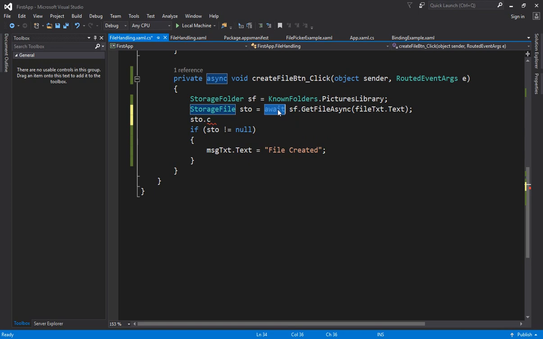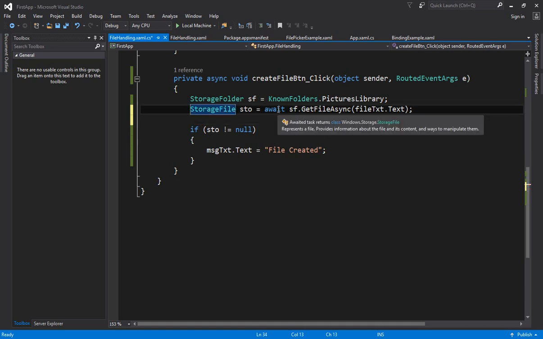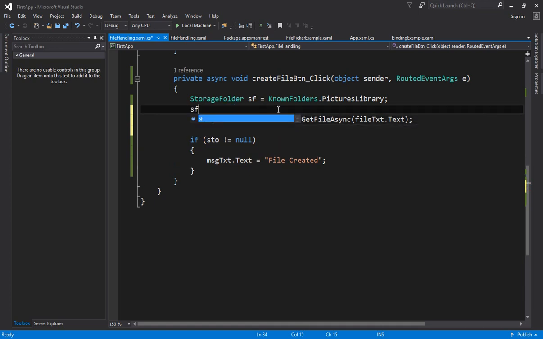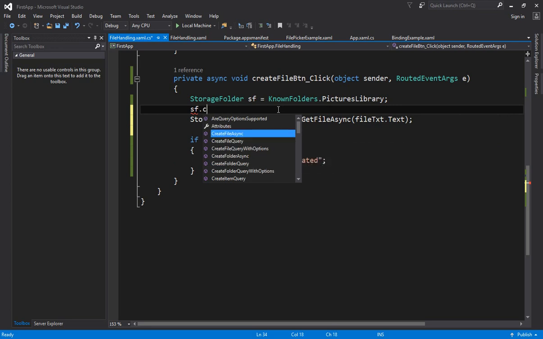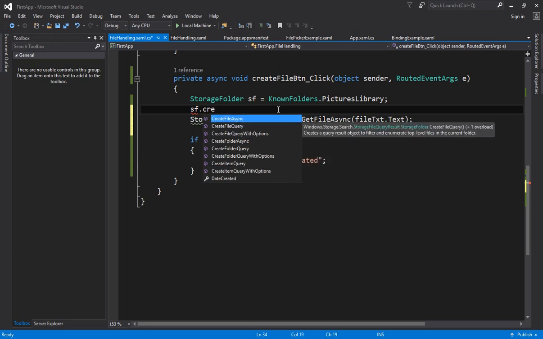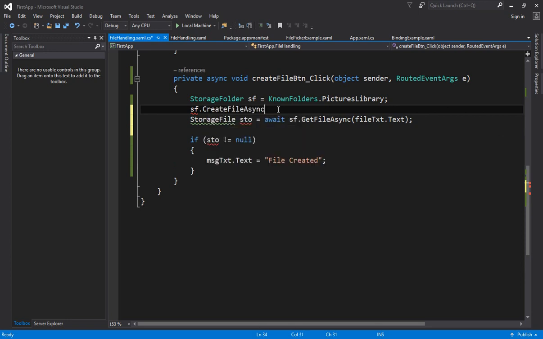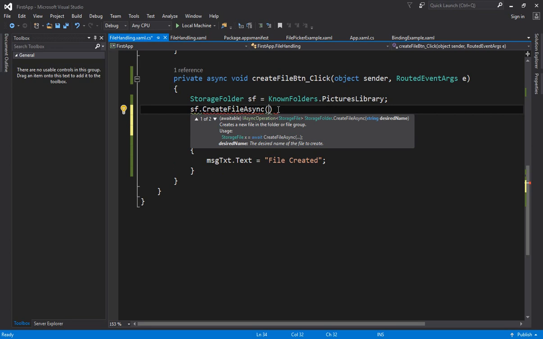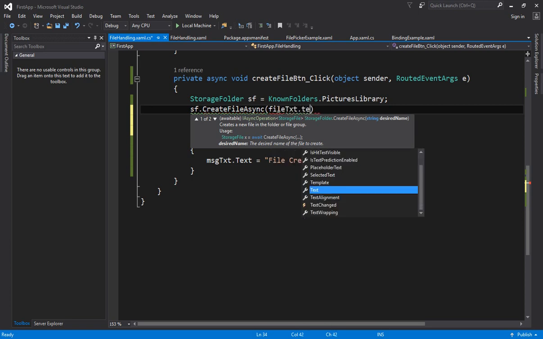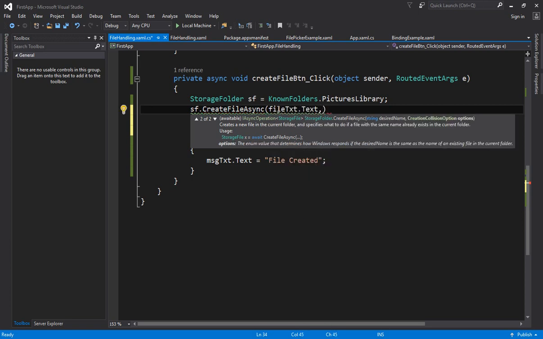Alright guys, so one mistake that I have done here is the await keyword is not enough to create the file, you have to use the method also. So let me do that first. To create the file, you have to use the folder dot CreateFileAsync. Look, CreateFolderAsync if you wanted to create a folder inside that particular directory, and you can use CreateFileAsync. When you open the brackets, it is asking for the name of the file. So the name of the file should be from the file text dot text, and then comma,